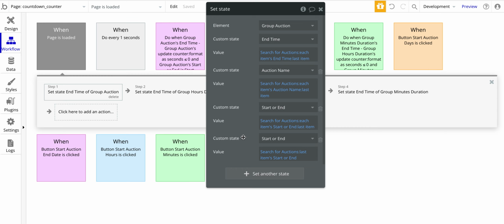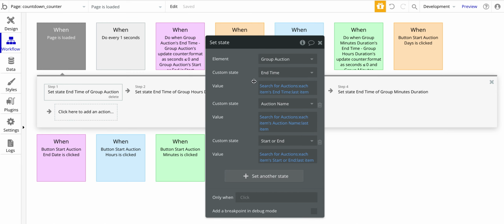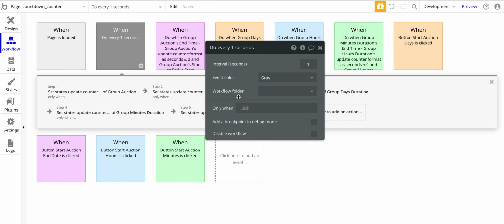And again, what this is going to do is it's going to be taking the last auction that I created into the database, and then it's going to be taking those values for the end time, auction name, and start name, and it's going to be adding those to the custom states. And the reason for that is those custom states, and now I'm going to jump over to here to do